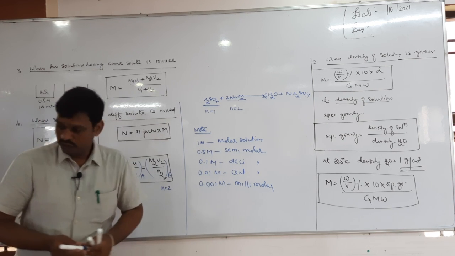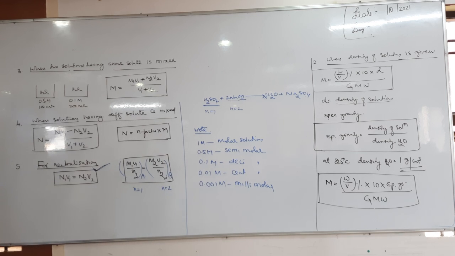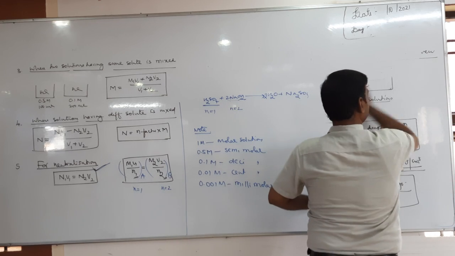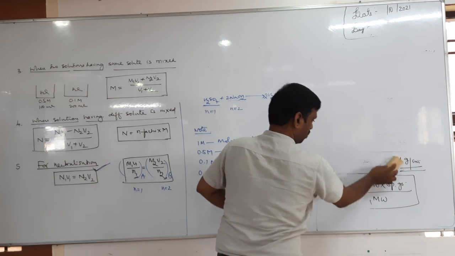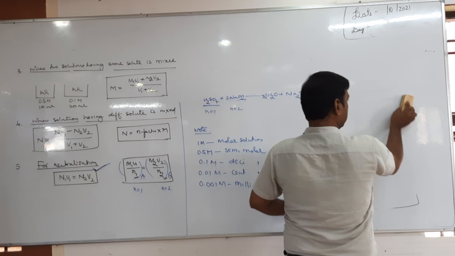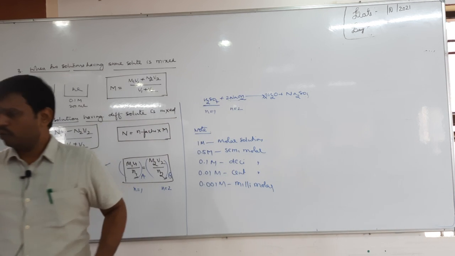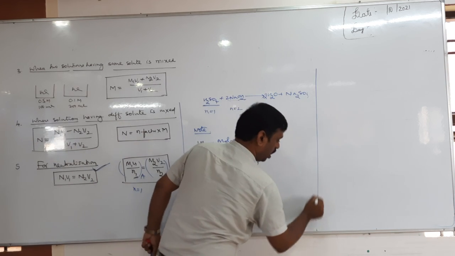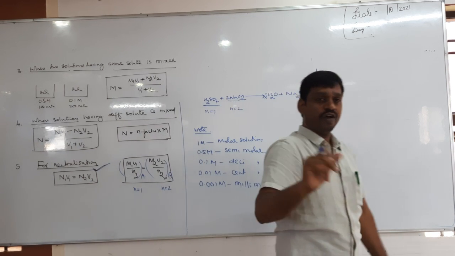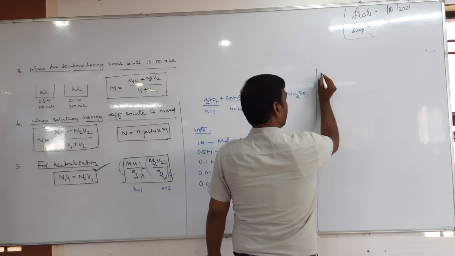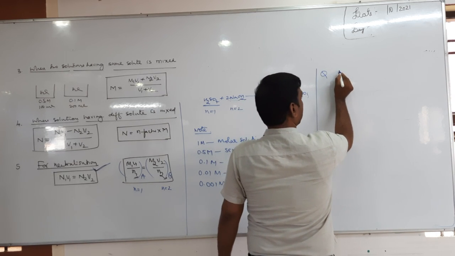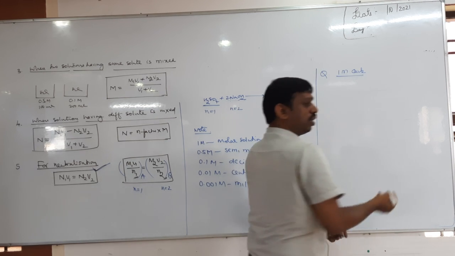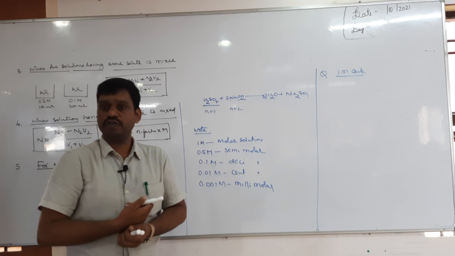Okay. Next, one more important point is the calculation of the molarity of ions. This is also a very good question that appears particularly in electrochemistry. Now, how will ions dissociate and how do we calculate the molarity of ions? The question is like this: 1 molar calcium chloride gives rise to how many moles of calcium ion and how many moles of chloride ions?